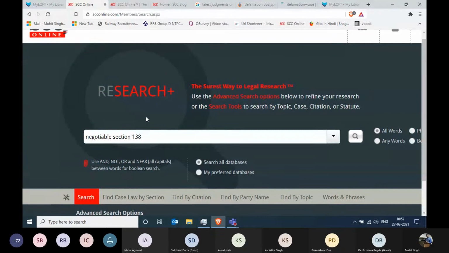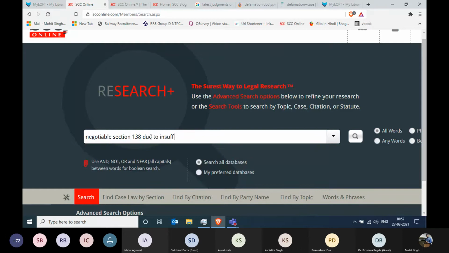I also wanted to see Negotiable Instruments Act section 138 cases wherein it happened due to insufficient funds in the account. Now my query has extended. How can I frame my query? That is the question.